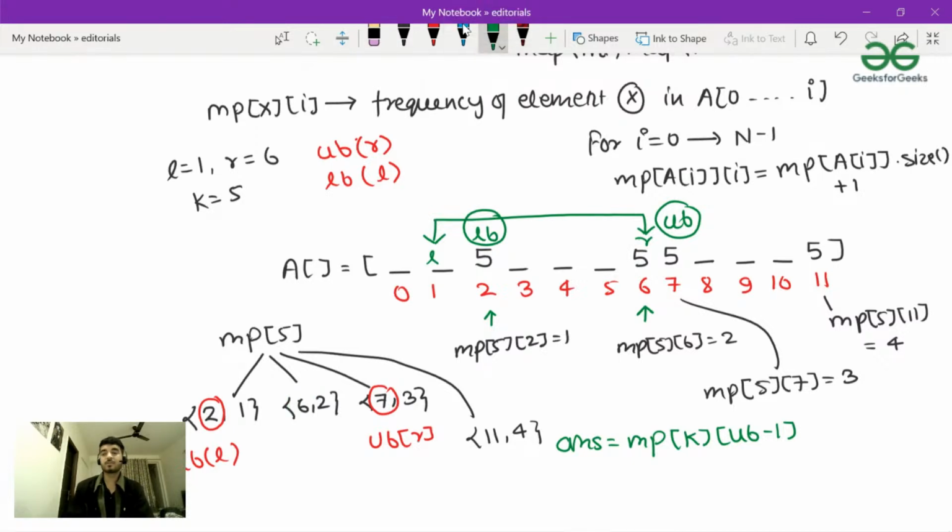Upper bound will give you the smallest number which is greater than the required value of R. The smallest key which is greater than R. Cool, because there might be a case when R is not present in this map. So in that case, upper bound and lower bound will give you